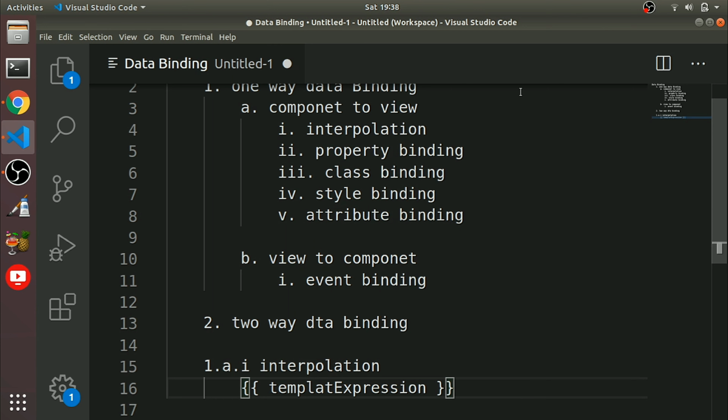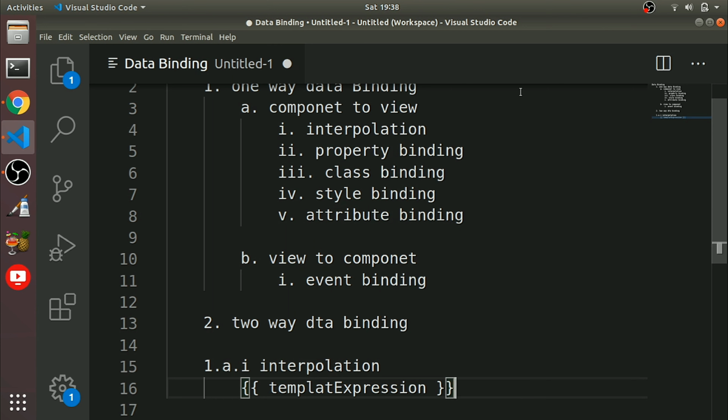So let's have an example. We have web.html, so h1. Here I'll put a template expression: 1 plus 2. It is a simple expression, an addition of 1 and 2.